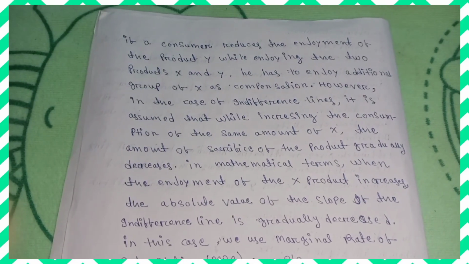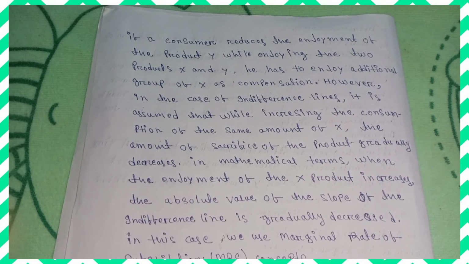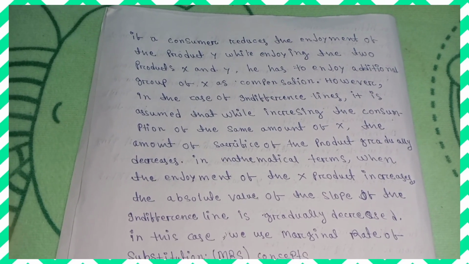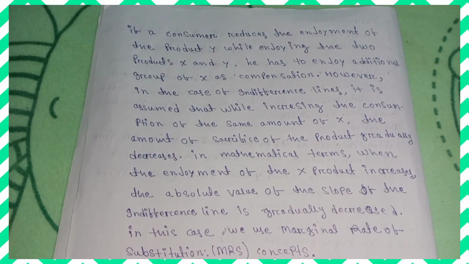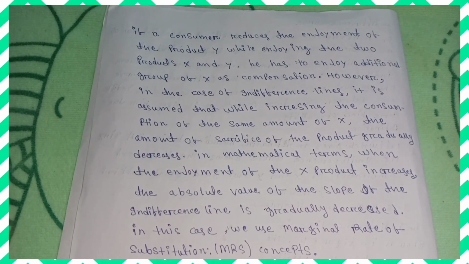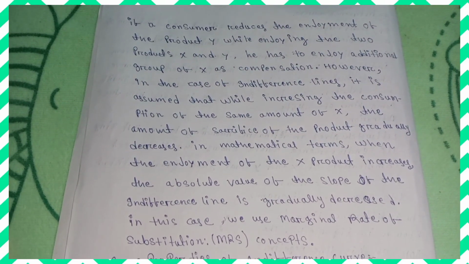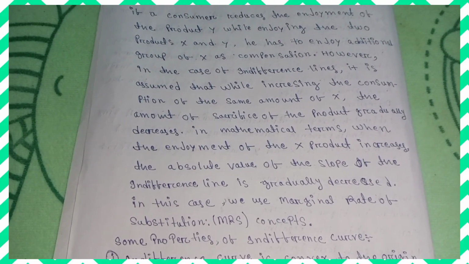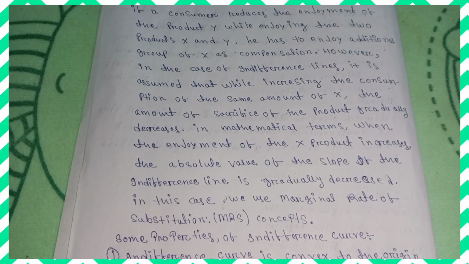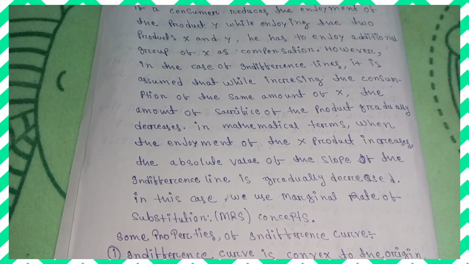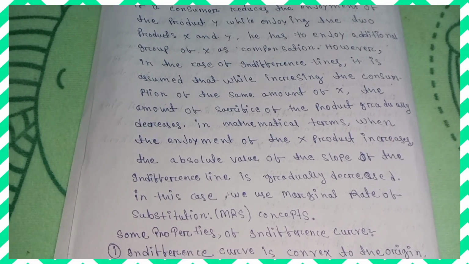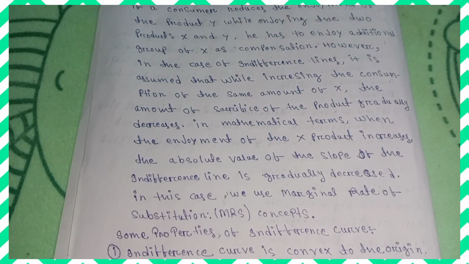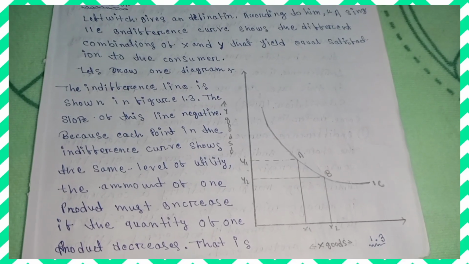However, in the case of indifference lines, it is assumed that while increasing the consumption of X, the amount of sacrifice of the other product gradually decreases. In mathematical terms, when the enjoyment of the X product increases, the absolute value of the slope of the indifference line gradually decreases. In this case, we use the marginal rate of substitution, MRS, concept।